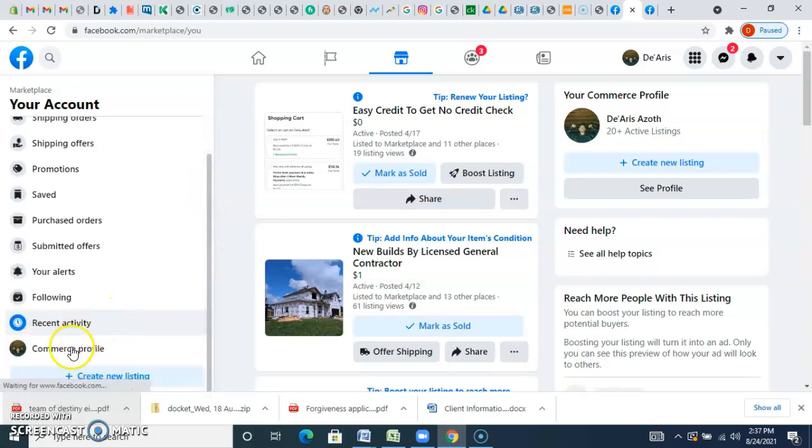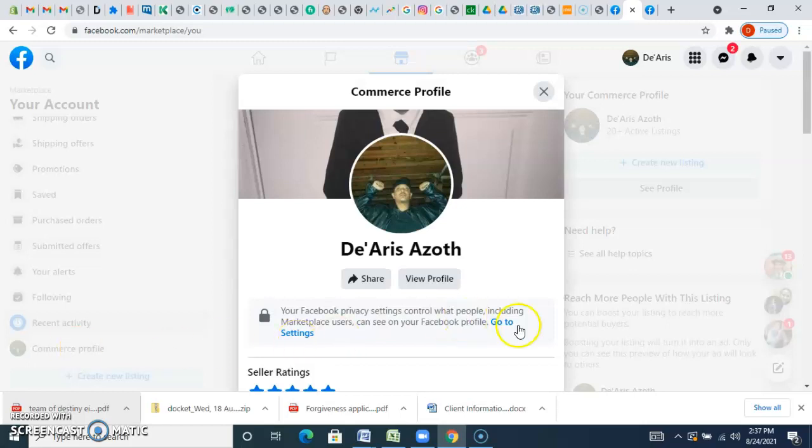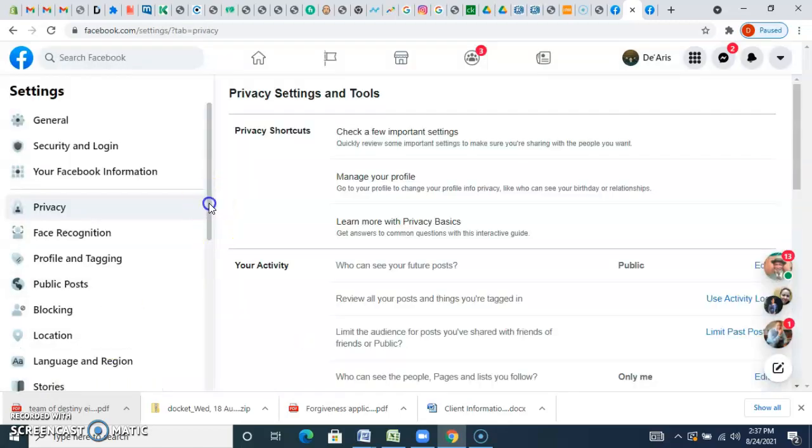Scroll down. Click Commerce Profile. Once you click Commerce Profile, as soon as the page arrives, no matter what computer you're on, it's going to show Go to Settings right here in this area. Can't miss it. Right next to the lock pad. Click Go to Settings. Scroll down